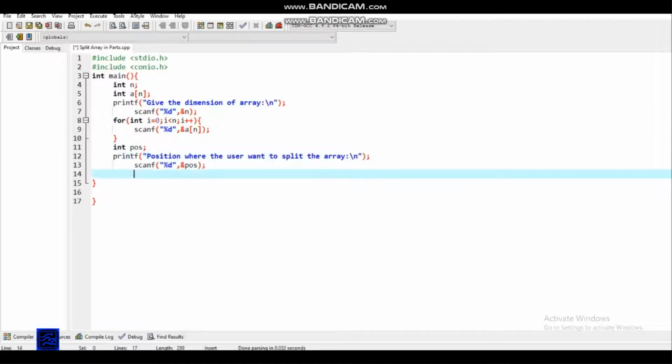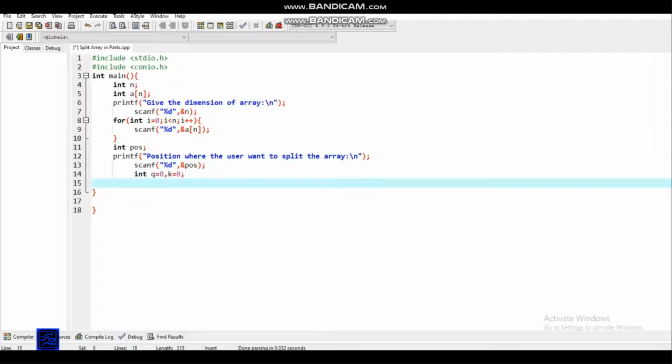We will declare two helping variables. We'll declare two temporary arrays. Array 1 with the same dimension,